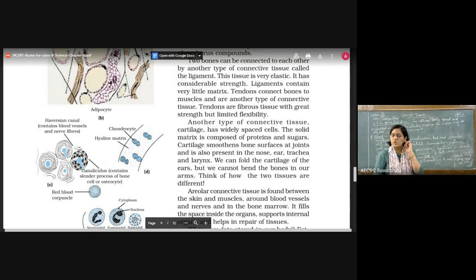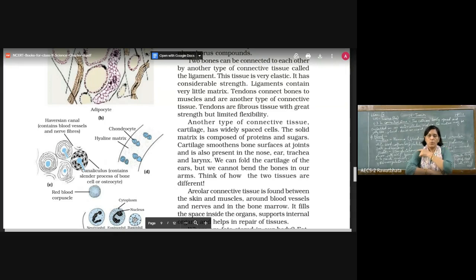Why am I giving you this mantra? Because kids know about ligament and tendon, but while writing the differences, they alter them. They write the concept for ligament under tendon, and for tendon they write under ligament. Then the whole question goes wrong. Whenever there is confusion, sitting in the exam hall itself, you can make out that this was my L shape and this L was related with ligament.